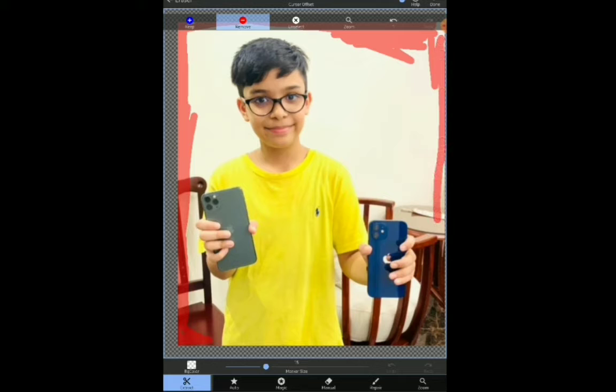So now this corner is left, I just do it fast, and now this corner a bit, so we can't cut it over here because the t-shirt then will be cut. So now over here I want to cut all this table and everything because it won't match with the background.